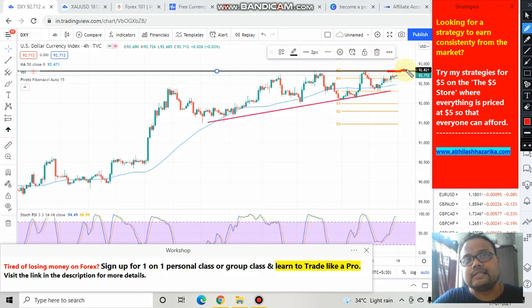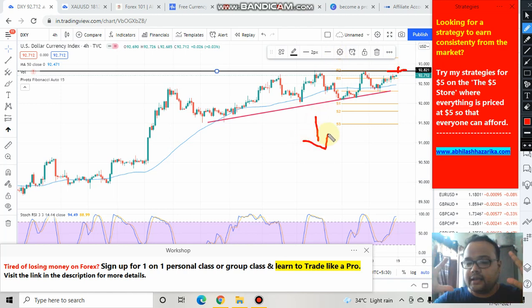this resistance level. So you can also keep your eyes on the chart of the US dollar, and if the US dollar starts going up from here, or in case you see a breakout in the chart of the US dollar on Monday, then the price of gold may fall and you can also short the market.